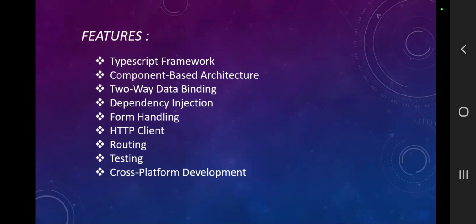First point, TypeScript framework. Okay. So initially you said JavaScript. Now in Angular it is saying TypeScript framework. Then what is the difference? I have a separate slide next, and I will explain that. So first keep this point: Angular is a TypeScript framework. Second,